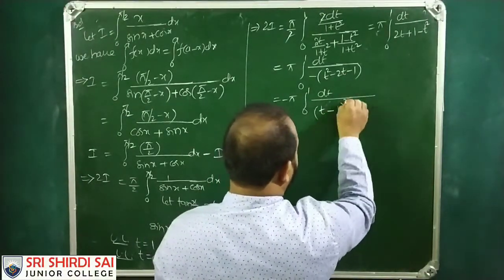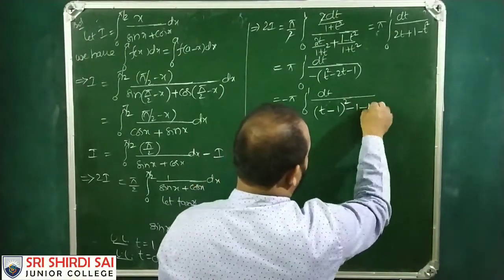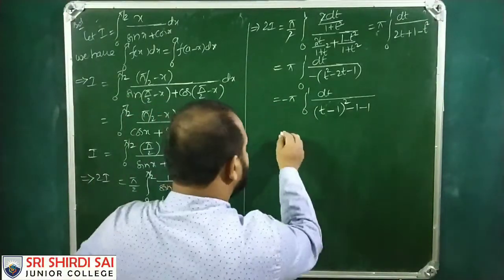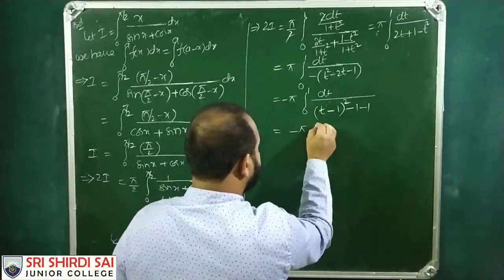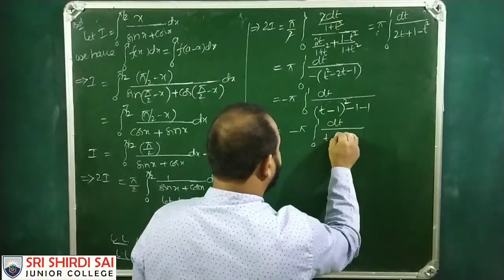Complete the square: minus 1 square is minus 1. This is how I have told in my class. So this is minus pi, integral 0 to 1 dt by (t minus 1) whole square